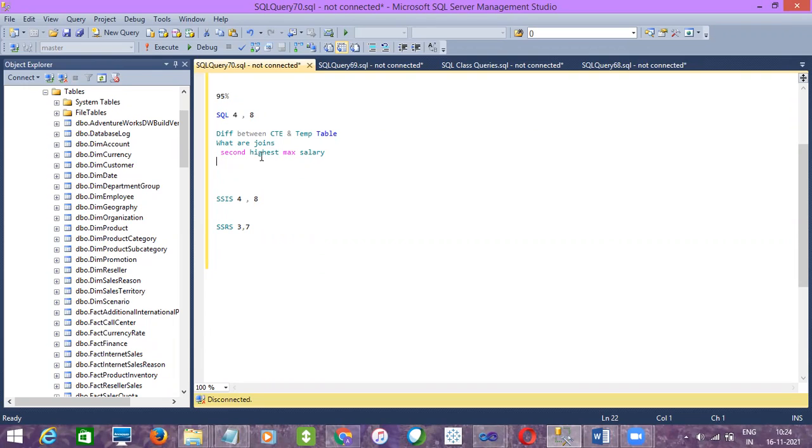Okay. So after second maximum salary, they'll ask you about differences between procedure versus function, right? And then performance tuning for procedure. And then indexes.